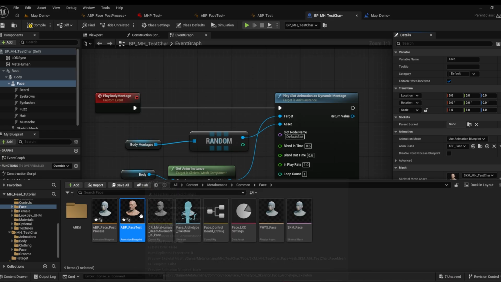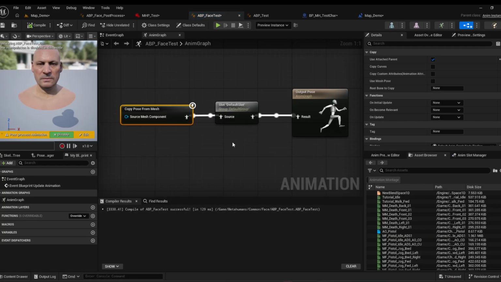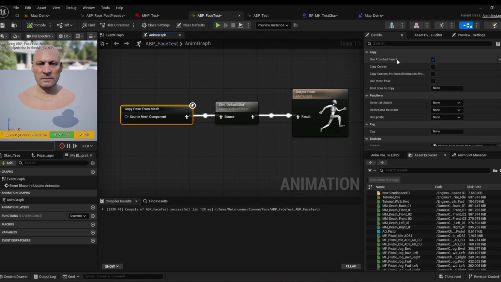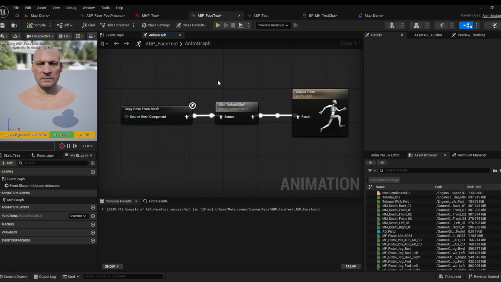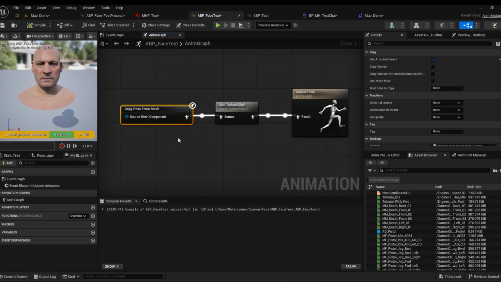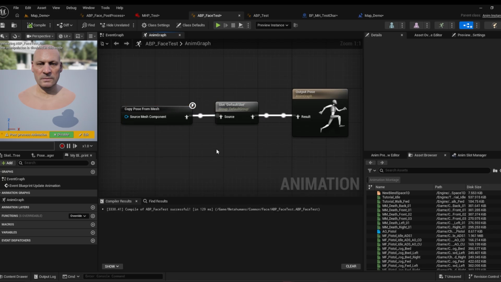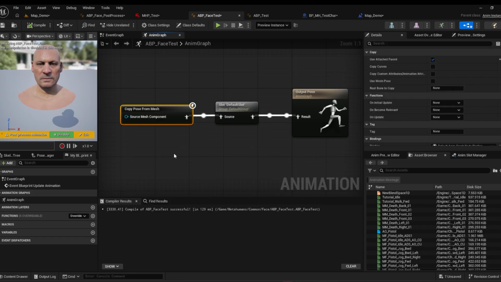I'm not going to go over all of that, how to do all that, but inside of this, it just has a default slot and it's just copying the pose from the attached parent. This just gets the head animation from the body movement onto your basic head, and then it's running a default slot. You might not even need this, but